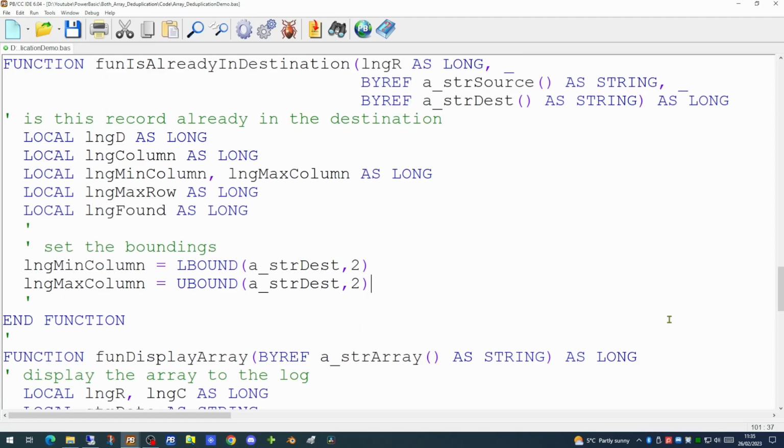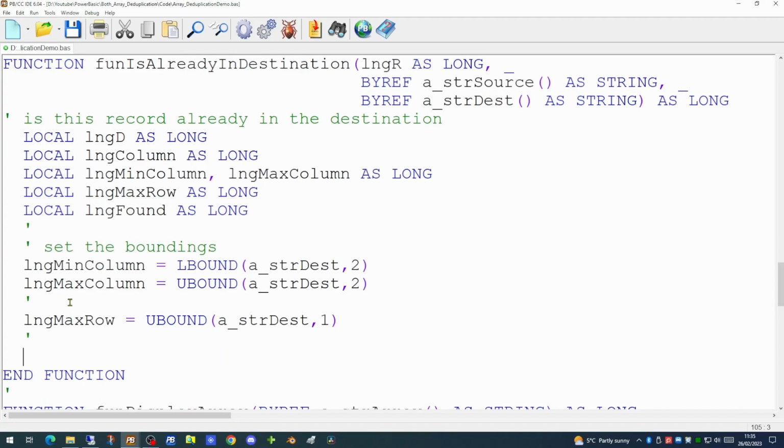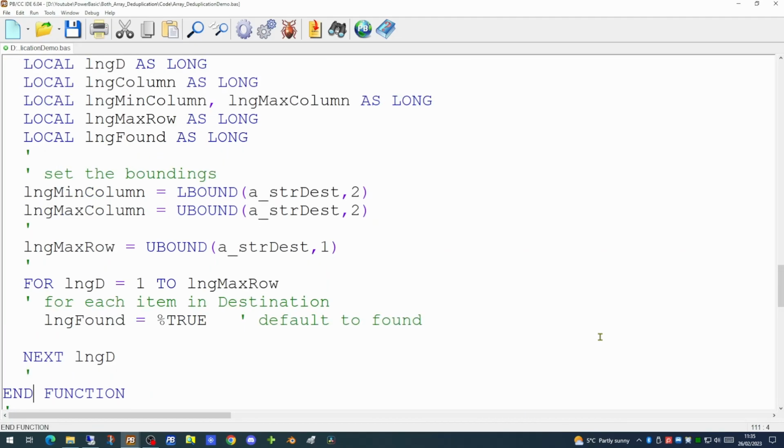And I can determine the maximum number of rows in the destination array by using ubound on the first dimension. So now that we have determined the boundaries of our array, we can now step through entries in the destination array using a for next loop. So for each item in this destination array, I'm going to be assuming that we have found what we're looking for.